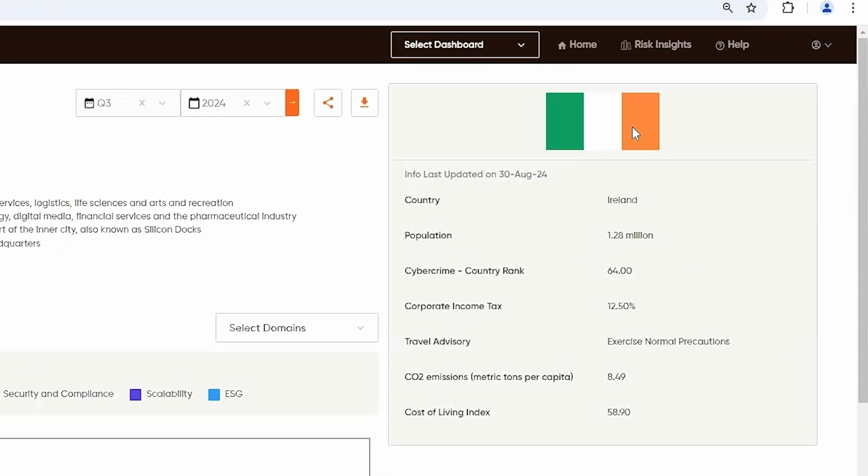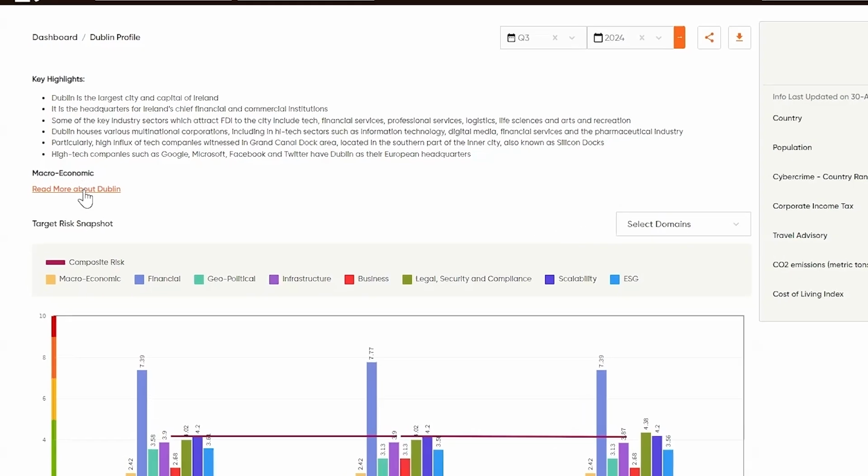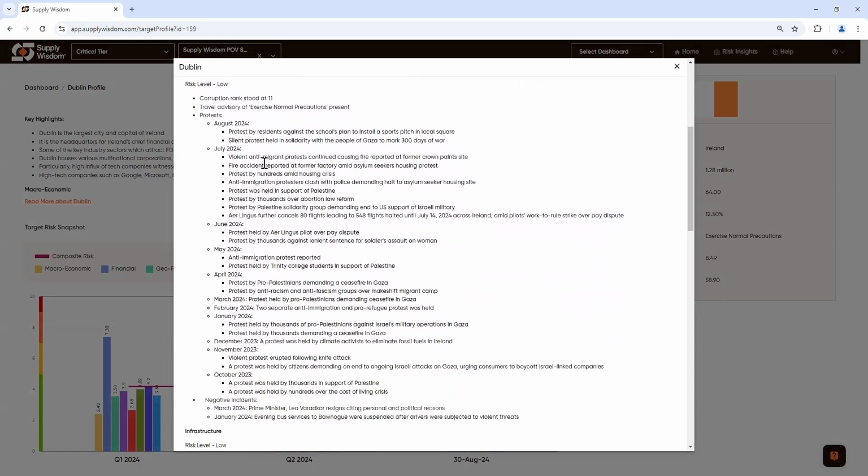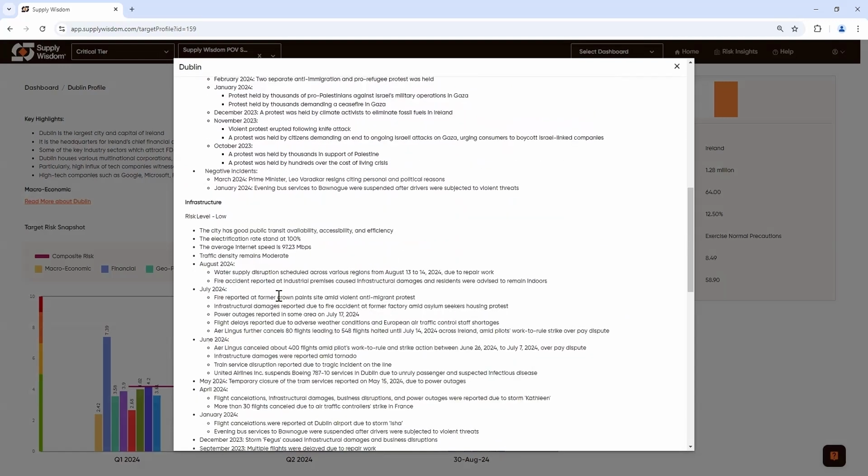First, we've got demographic info on our right-hand side right here, whether this is a city or a country being described. We've got a key highlights section right here, which if we click read more, it's going to give us meaningful context in every single domain of location risk in terms of the recent risk events, which are informing the risk scoring, the metrics that we're about to see. Again, a nice summary of alerts of events that have brought us up to our current state.